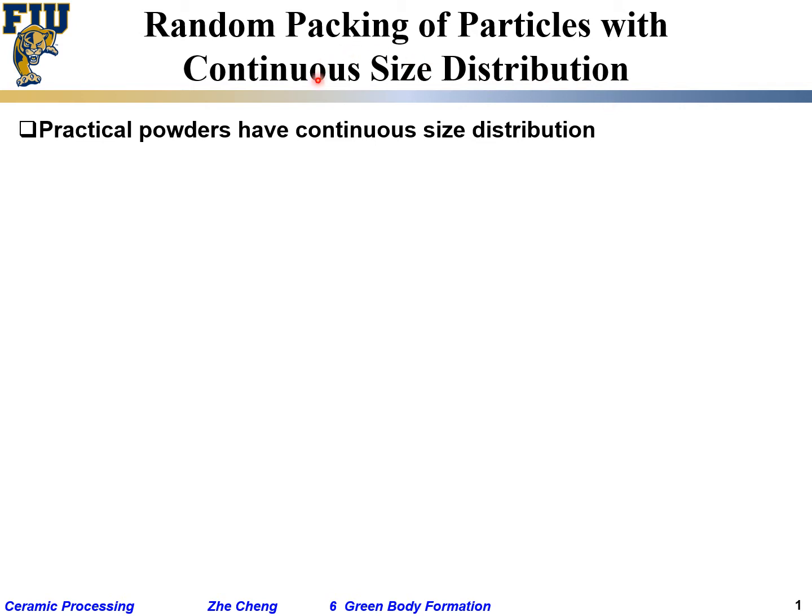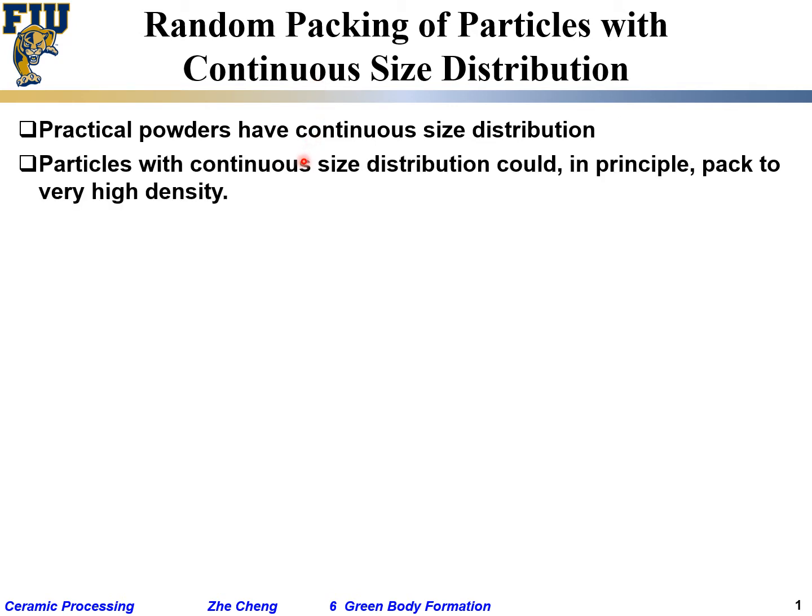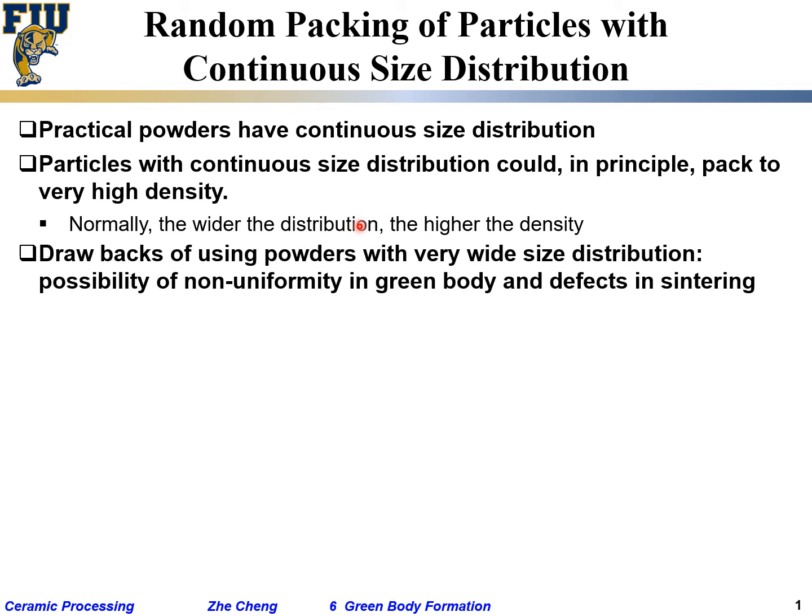Now, in reality, quite often we have continuous size distribution. Many practical powders have continuous size distribution, and because they are continuous, quite often they could, in principle, lead to very high packing density, but in reality, not really. Normally, the wider the size distribution, the higher the density. And the drawback of using particles with very wide size distribution is that quite often you have